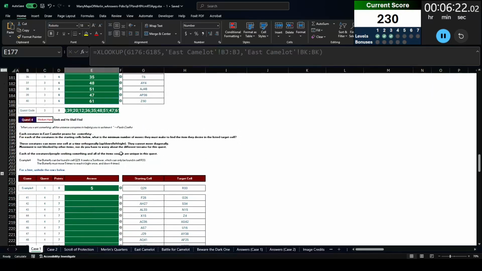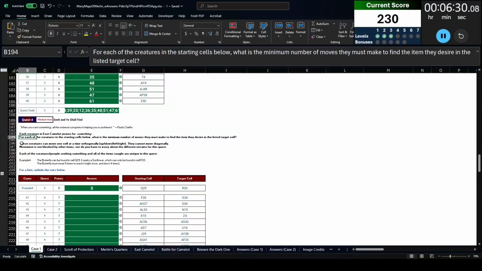Quest 4, seek and ye shall find. When you want something, all the universe conspires in helping you to achieve it. Each creature in East Camelot yearns for something. For each of the creatures in the starting cells below, what is the minimum numbers of moves they must make to find the item they desire in the listed target cell? These creatures can move one cell at a time orthogonally. They cannot move diagonally. Movement is not blocked by other items, nor do you have to worry about the different